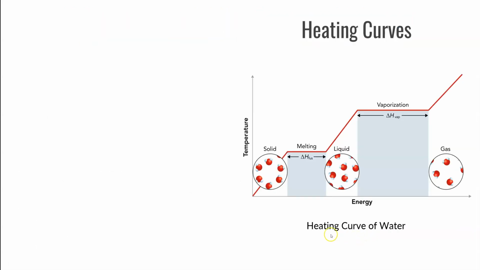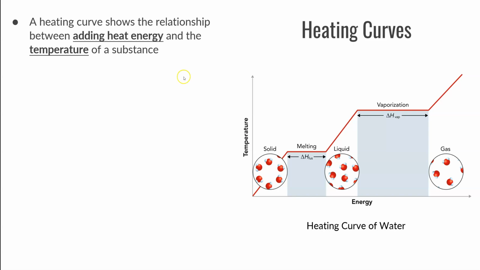A heating curve is defined as a way to describe how energy changes when matter undergoes phase changes. So if I go from a solid to a liquid, we'll be using what we call a delta H of fusion. Vaporization goes from a liquid to a gas, and that is defined as delta H vap. So a heating curve shows that relationship between adding heat and the temperature of a substance